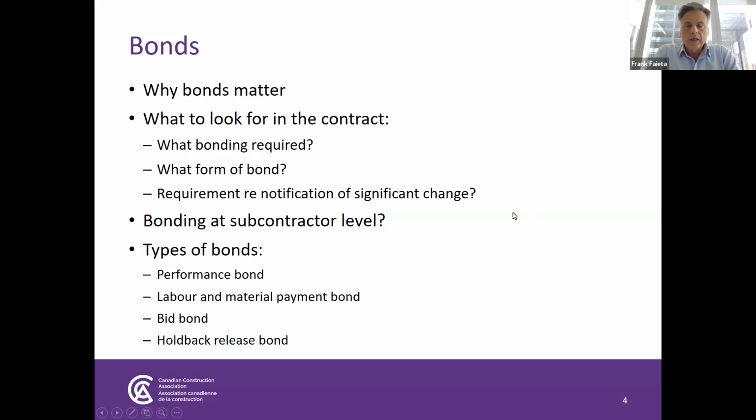Subcontractor bonding is an interesting topic for me, being in the bonding business, because that's often a requirement that sureties will say, hey, listen, you've got some key subcontractors, you're a contractor, you want us to support you on this job, but we really think you should go get bonds for some of your key subcontractors. The reason being that the default or non-performance of a key subcontractor on a major project can be catastrophic in